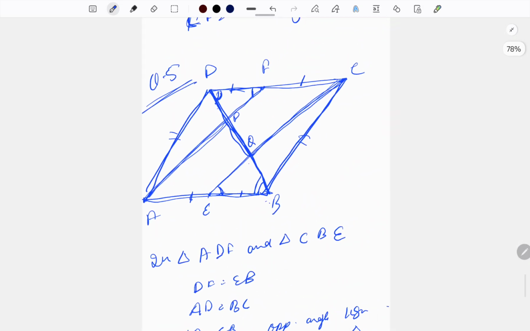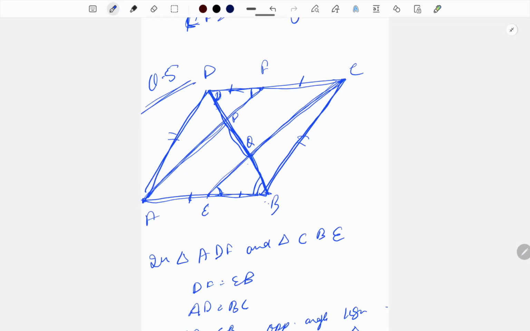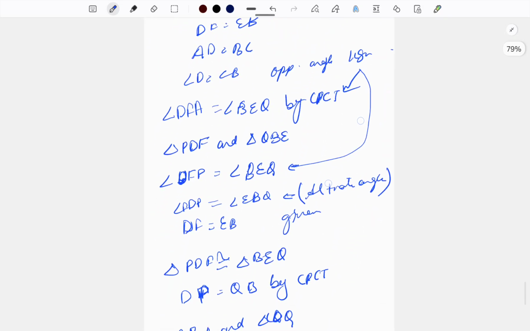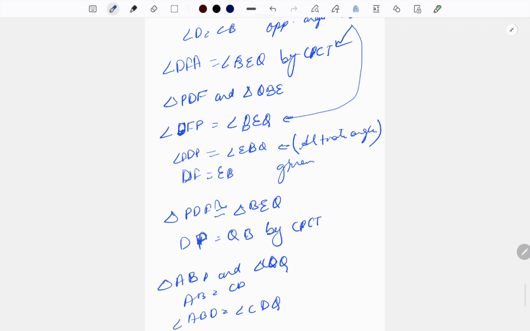थर्ड पार्ट के लिए हम थोड़ा ऊपर जाएंगे। आपको याद होगा हमने ये दोनों ट्रायंगल कॉन्ग्रुएंट प्रूव किए हैं, PDF और QBE। ये एंगल बराबर होगा तो क्या है, इसका वर्टिकली अपोजिट भी बराबर होगा। बस यही हमें यूज़ करना है। तो ये जो PDF वाला हमने प्रूफ किया था वहीं पे हम लिख देते हैं एंगल DPF इज इक्वल टू एंगल EQB